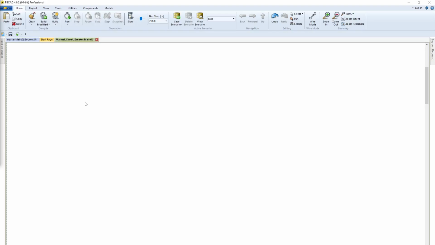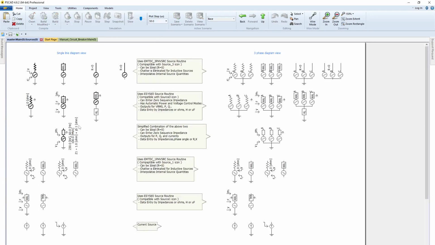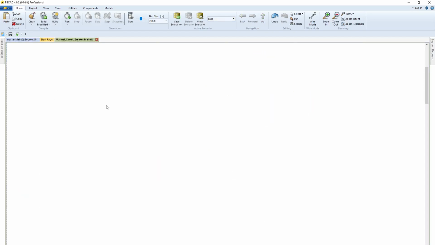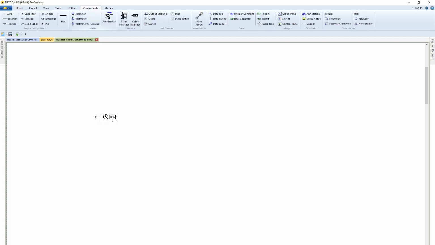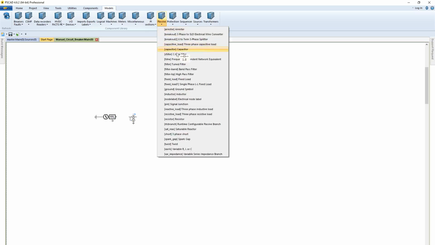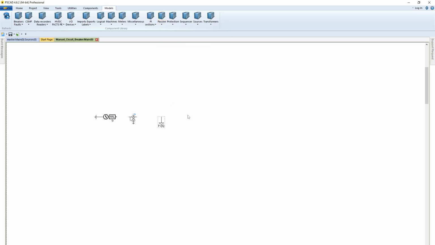Today I will try to demonstrate how to control a circuit breaker using a two-state switch, but for that we need a simple power system diagram. So we will make it so simple, just change the frequency. Okay, we need a multimeter, we need fixed load,